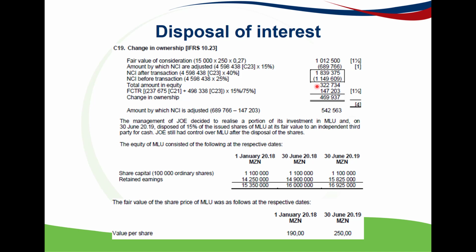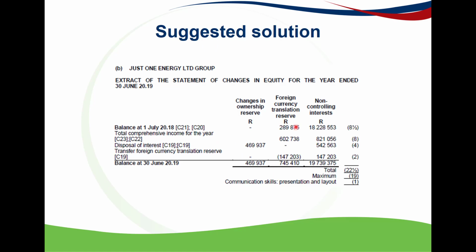Then very importantly, we also have to attribute a portion of the FCTR of the parent now to NCI. So our total amount with which NCI changes would have been their portion of the net assets that they now get, so it's times 15%, and then the portion of the FCTR of the parent now attributable to NCI. So if we look at our solution once again, you will see there's our opening balances, there's our total comprehensive income for the year, there's the amount with which NCI changes,